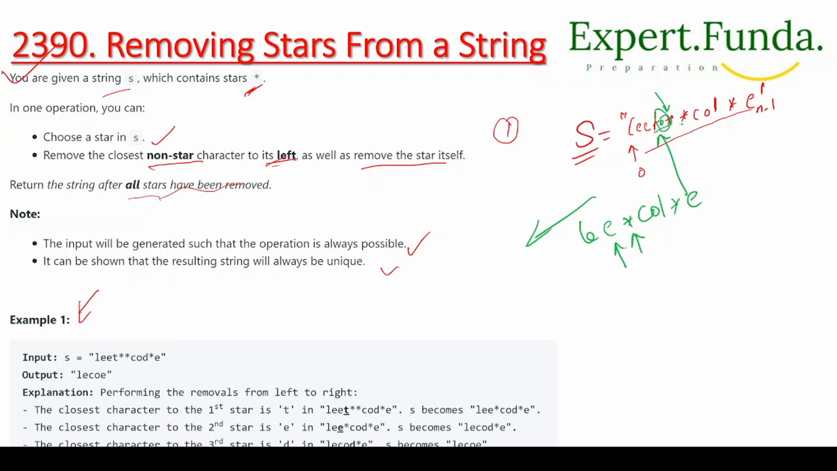Now what we will do, we will remove E. So now we'll do LE, this we will remove, then the star we will also remove. Now it will be COL, now star and then E. Now if we perform the operation again, you will see that one star is left and its closest left